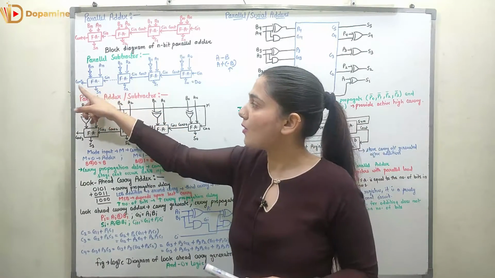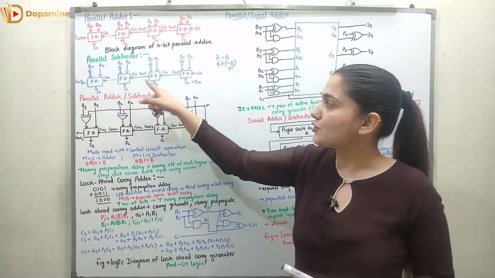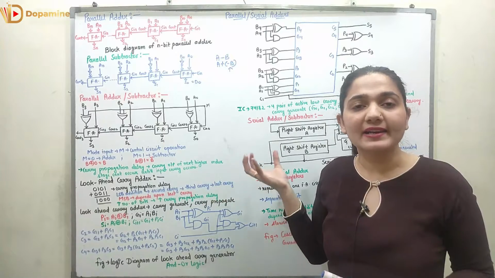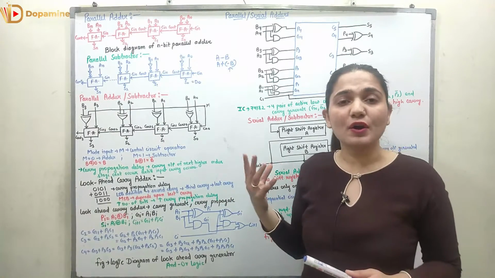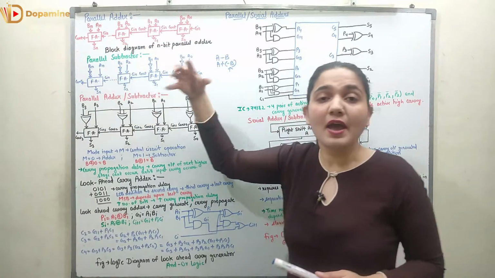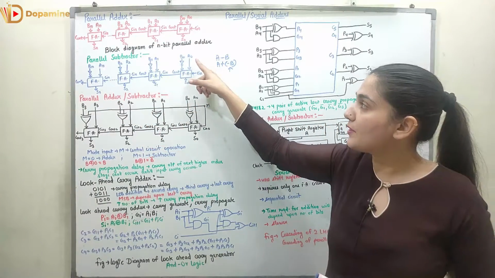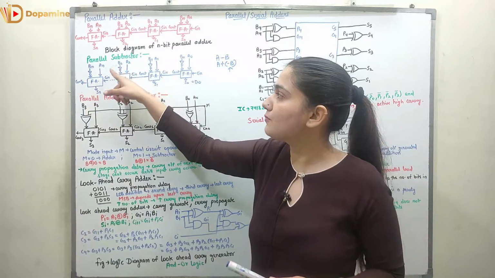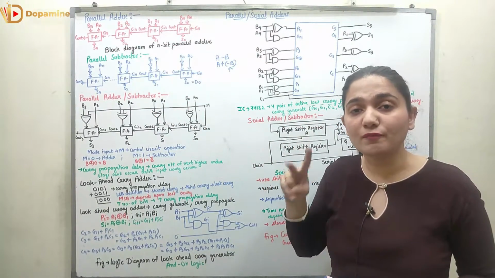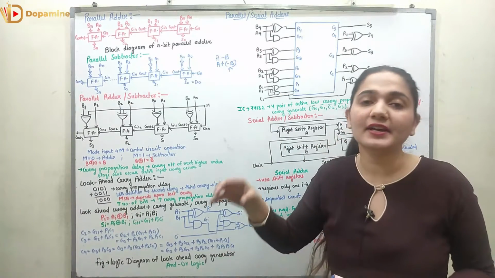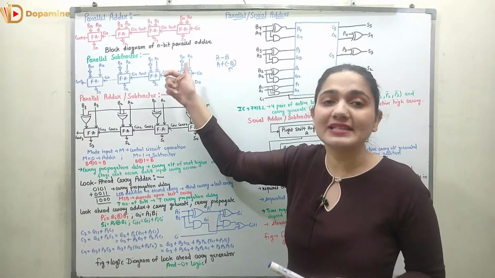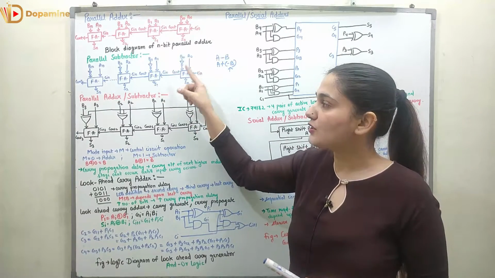So this is how I will get the carry, Sn, S2, S1 and S0, right? So this is how we can have a parallel subtractor. Why it is called parallel? Because we are giving all of the bits as it is at the same time, right? So A0, B0, A1, B1, A2, B2 up to An, Bn, all of the bits of both of the numbers are sent to the adder at the same time, right? So there is less delay in this case of adder or subtractor.